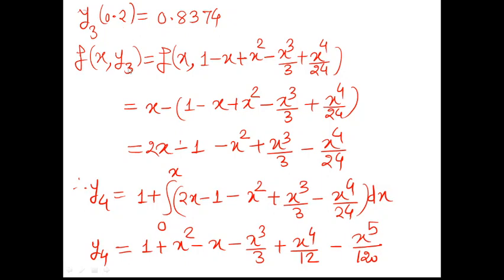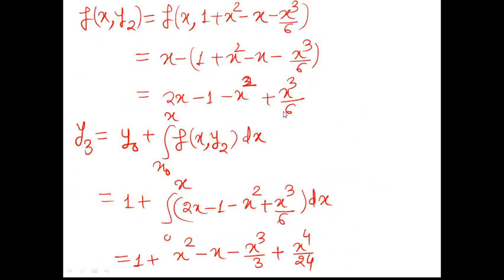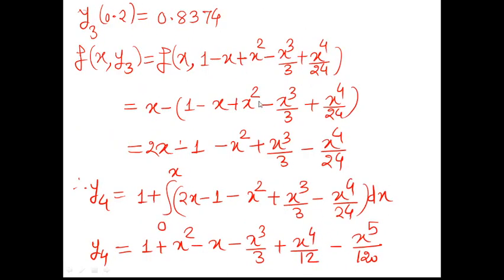So I have to find the next approximation, that is y4. Before that, let's find the value of f at x y3. The expression for y3 is this, which we obtained earlier. Now use the definition of f, which is x minus y. In place of y, I have this complete entity which I am going to put in place of y. Simplifying and then putting this in the expression of y4.